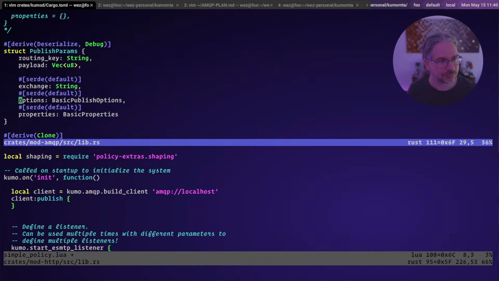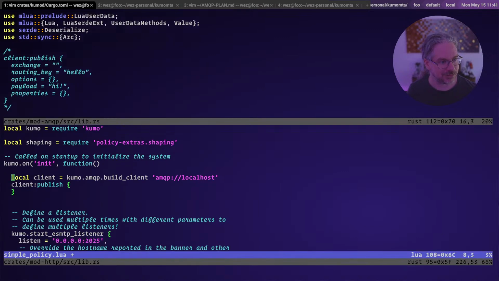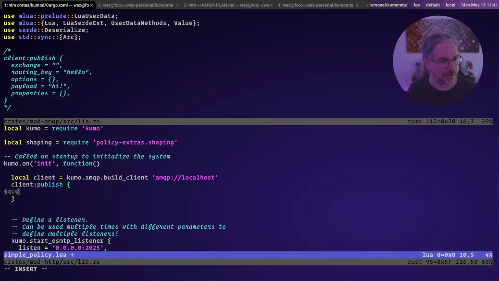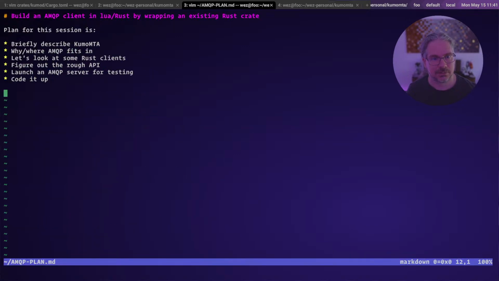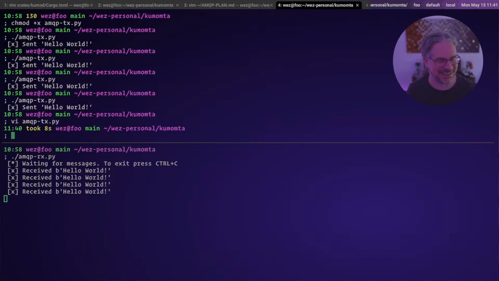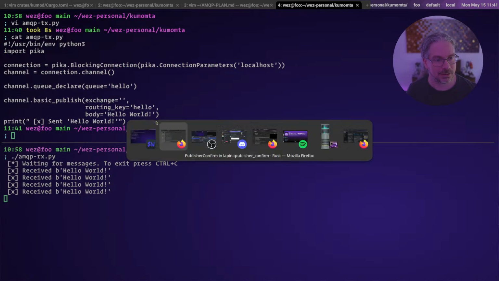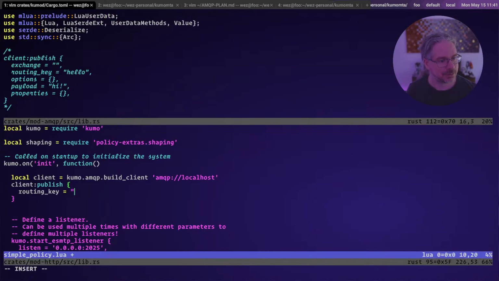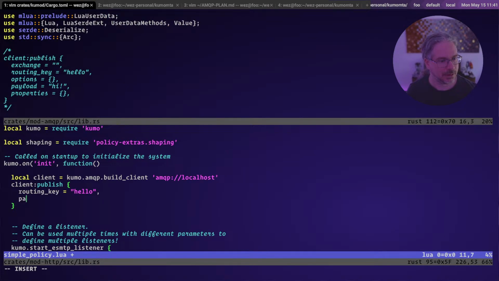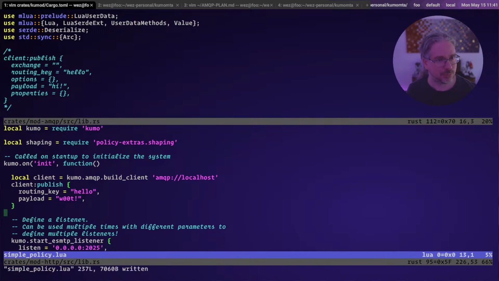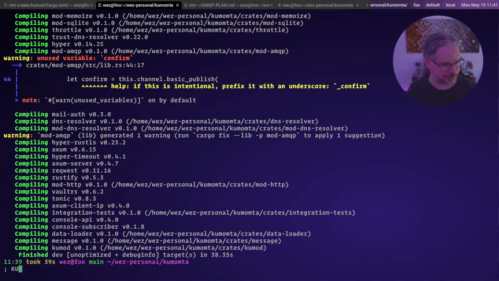If we go back to that thing I sketched out, I'm just going to do routing to. Where are we connecting to? Hello. And then payload. Root. So hopefully that will work. And then